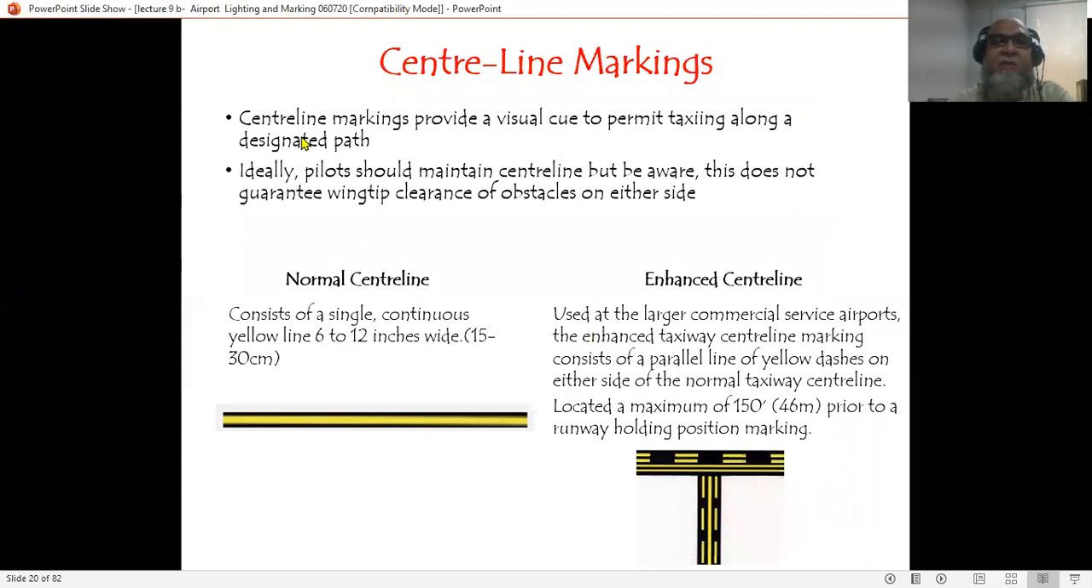The center line markings provide a visual cue to permit taxiing along a designated path. Ideally, pilots should maintain the center line, but be aware this does not guarantee wingtip clearance of obstacles on either side. The normal center line consists of a single continuous yellow line with a black line on either side. The enhanced center line is used at the larger commercial service airports. This enhanced center line marking consists of parallel yellow dashed lines on either side of the normal taxiway center line,